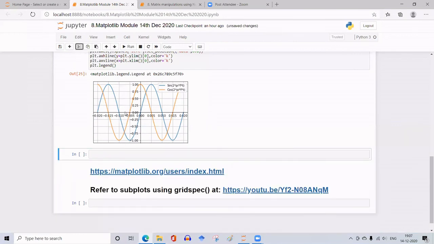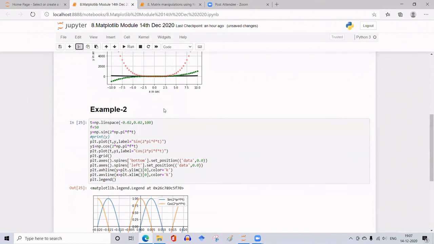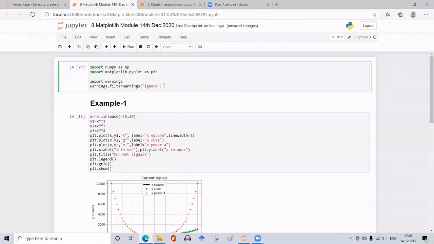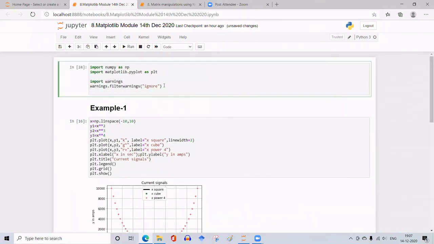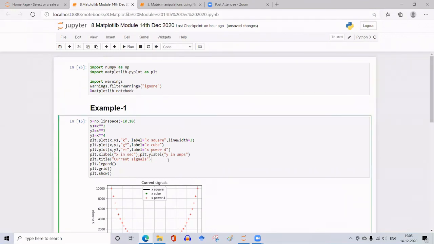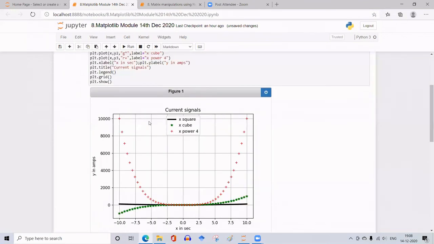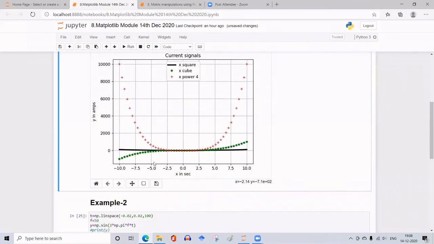So now in this plot, as you move this cursor, you can't make out what the reading is. You can make it an interactive plot by giving one more function here, that is called a magic function in Python, that is %matplotlib notebook. Okay, so run this cell and let me run this also. So now you see this graph is interactive. So you can see at the bottom.